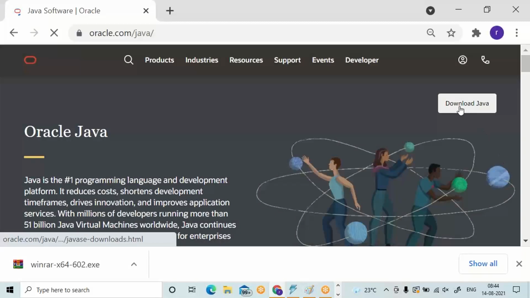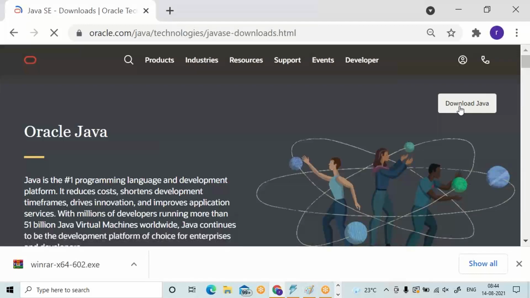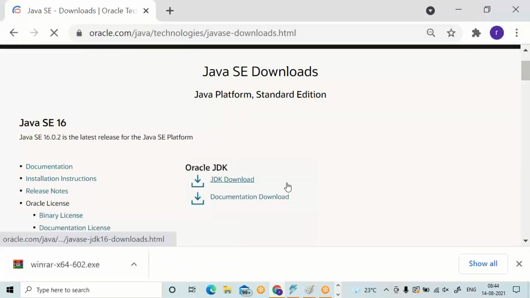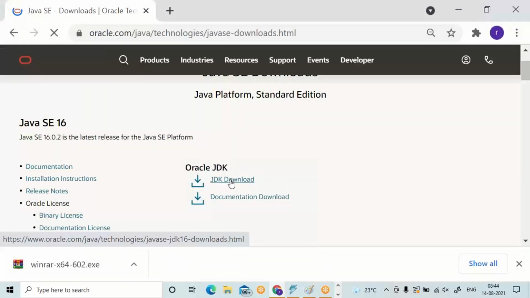Download Java. So click on JDK download.